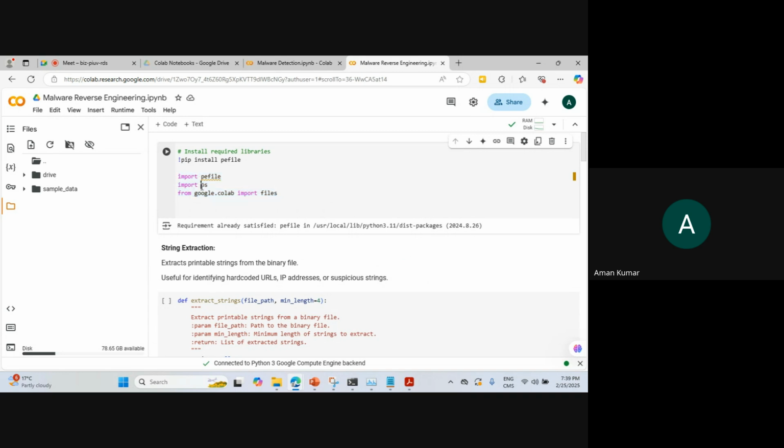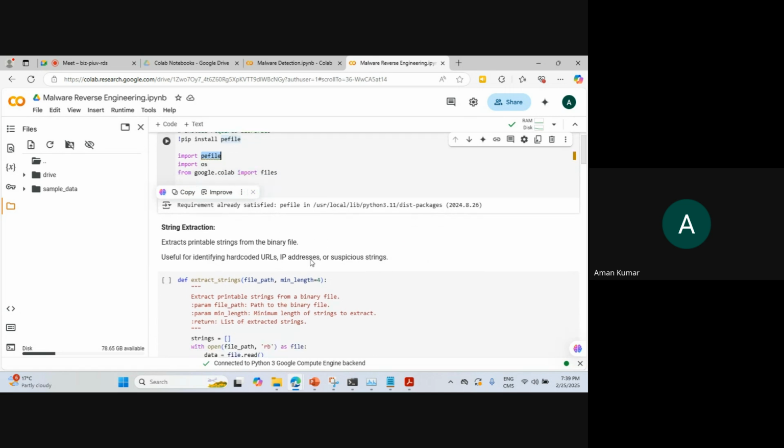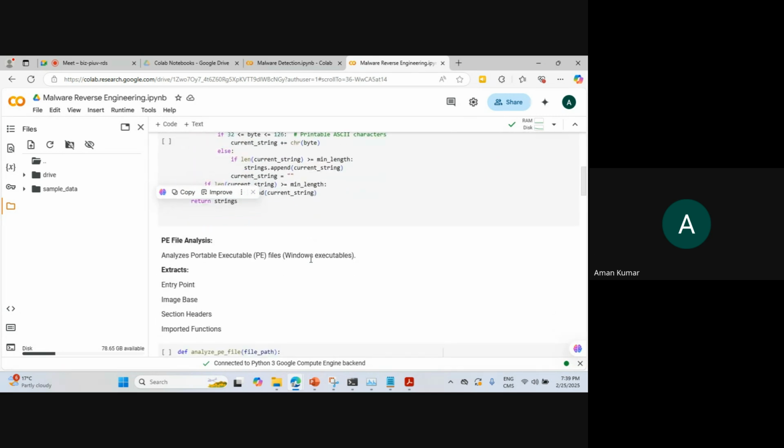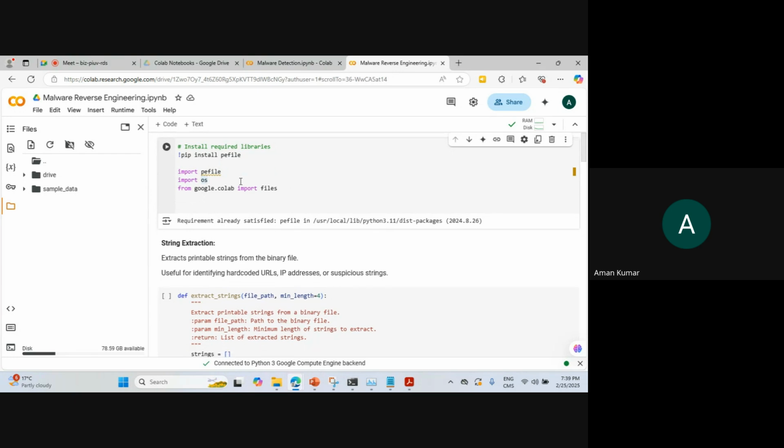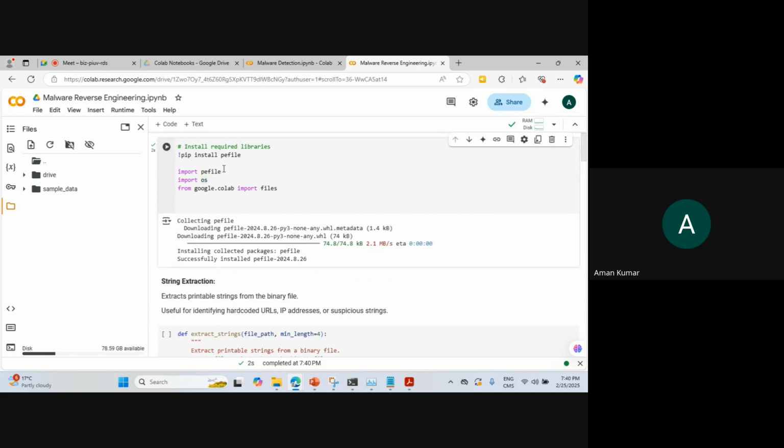I need the PE file. PE stands for portable executable; this is a library. What is the role of this library? Portable executable file means a binary file, like a .exe file or .dll file. First of all, we just need to install this pefile library. This is a library that is